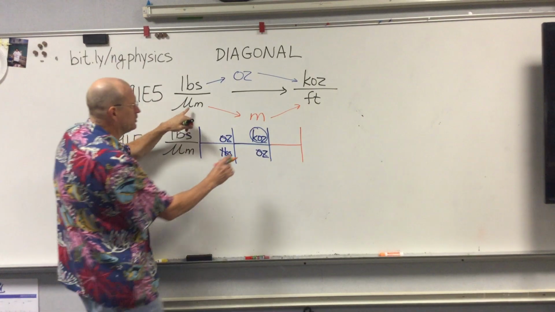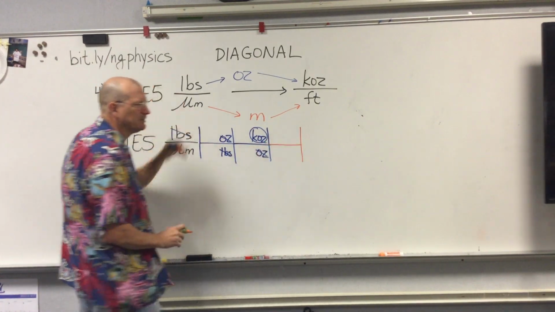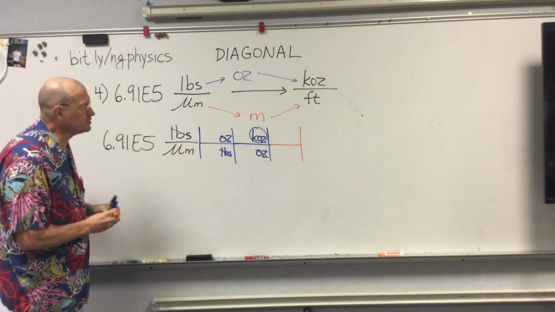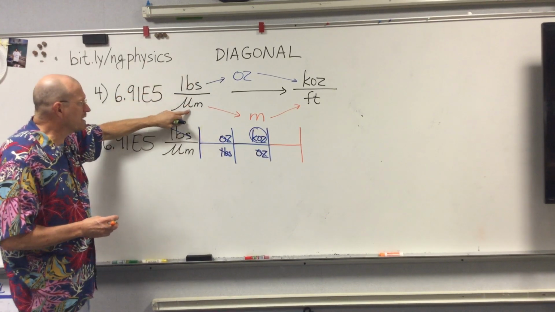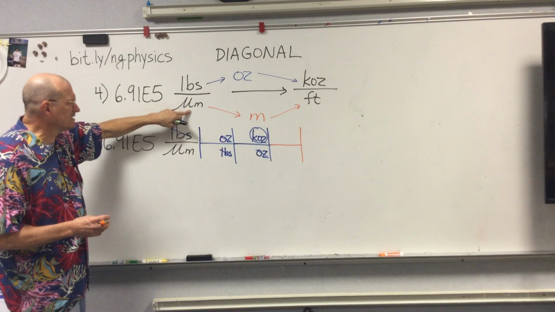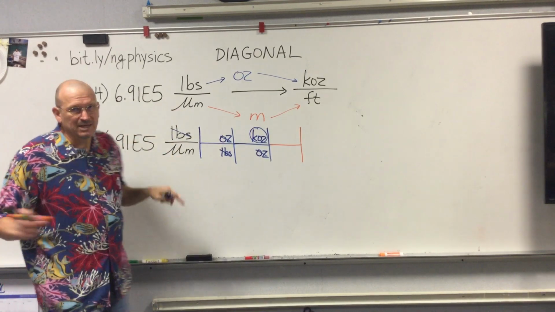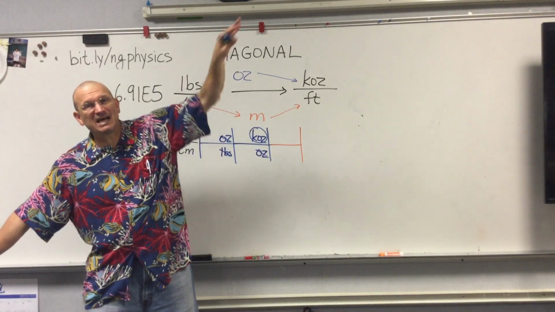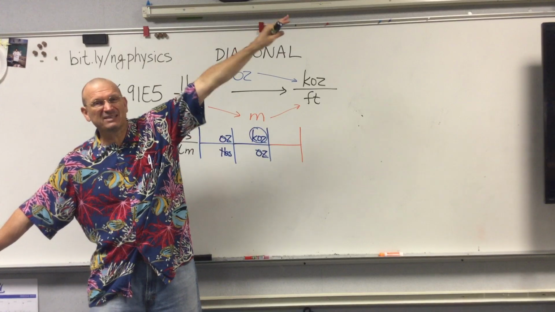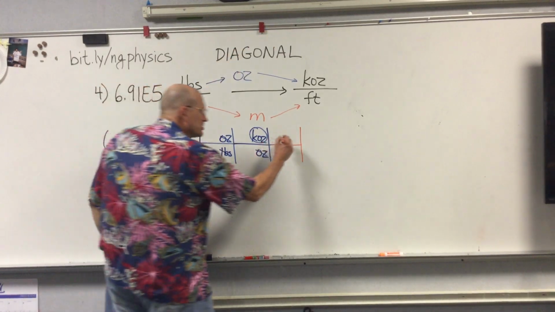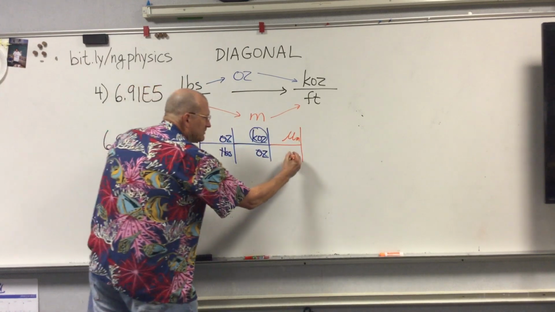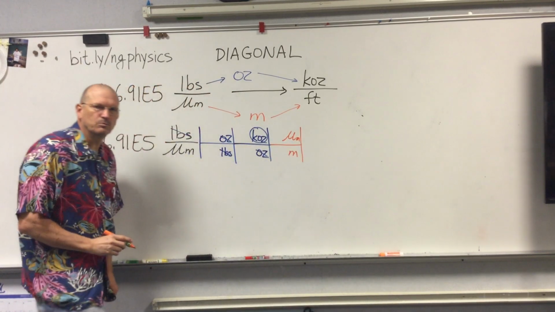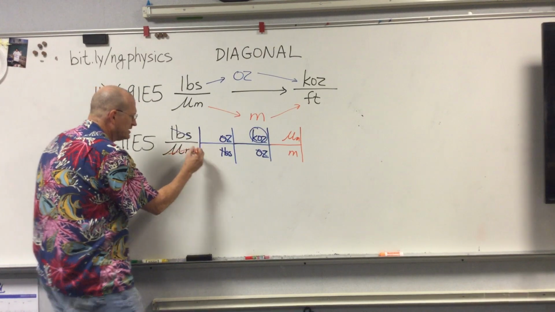Now I need to put micrometer and meter in my orange, my first orange magic H, but remember, I need things to be diagonal, and I want the micrometer to cancel, and the micrometer is down low, so that means I need the micrometer up high. So the micrometer goes up there,